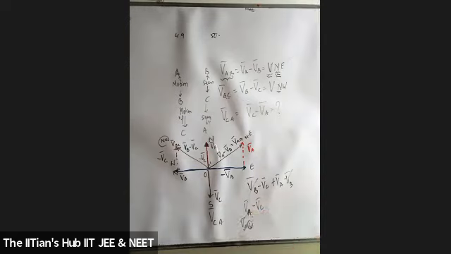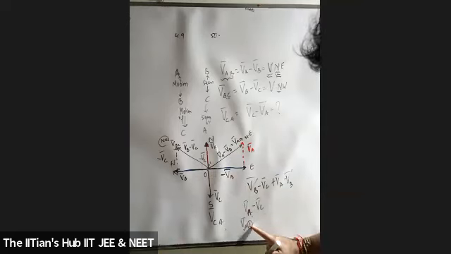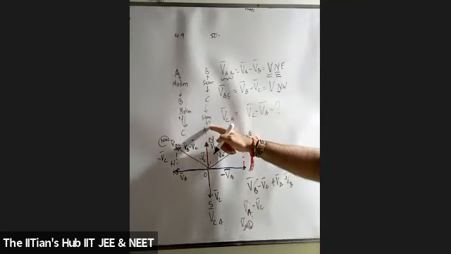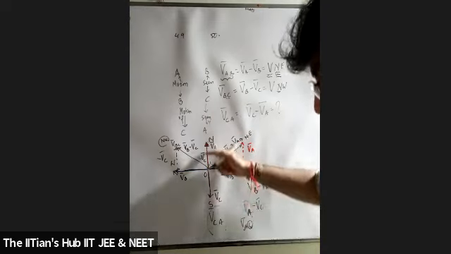Janani is trying to say this. Maybe somebody has told Janani to add directly and you got the answer. But see, what does VA minus VC mean? VAC is coming. What does VAC mean? It's the motion of A as defined by C. Question, you read it. What's the question asked? If I say motion of A is defined by C, then that will be towards north. My answer will be towards north. But now they're asking you the motion of C as seen by A. Means I want this part. So it will be directed south.